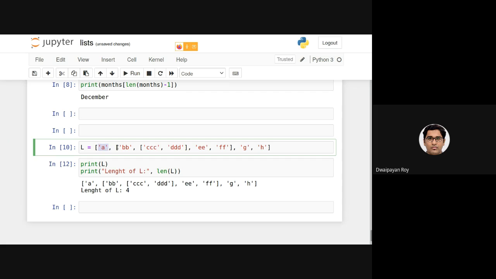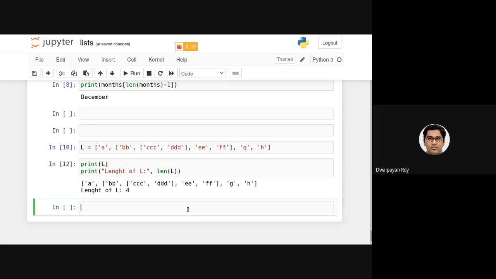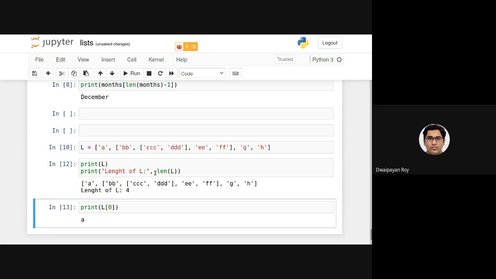The first item is this, the second item is this, which is a list, the third item is this, the fourth item is this. Now, if I want to access the individual items, I can use the square brackets. It will return small a, right? If I provide 2, it will return small g.